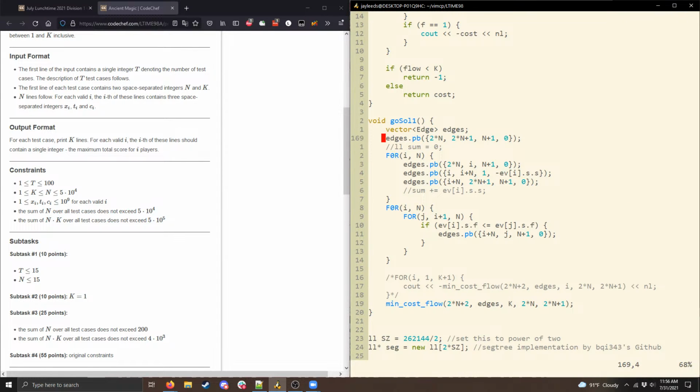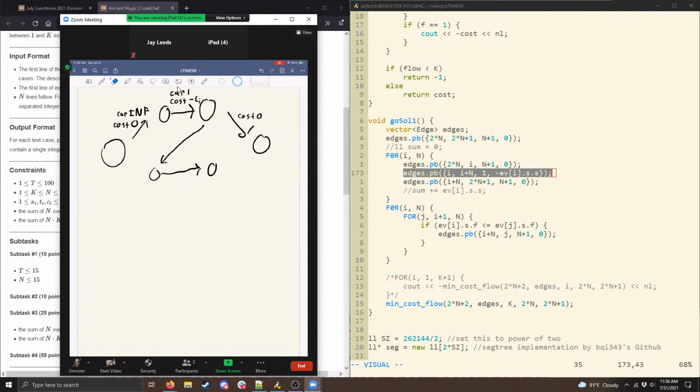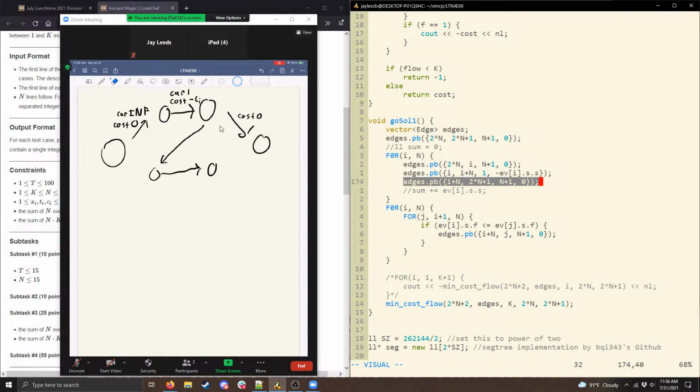And so I'll show you how I do that. So here, these are edges. This is an edge from the source directly to the sink for any stones or for any players we just don't use at all. Here's an edge from the source to the first vertex for each node. I'm letting 2n be the source, 2n plus 1 be the sink, vertices 0 through n minus 1 be the first nodes for each stone, and n through 2n minus 1 be the second vertex. So this is the edge from the first vertex for a stone to the second. So this is where I get this edge right here from. This is an edge from each vertex to the sink.